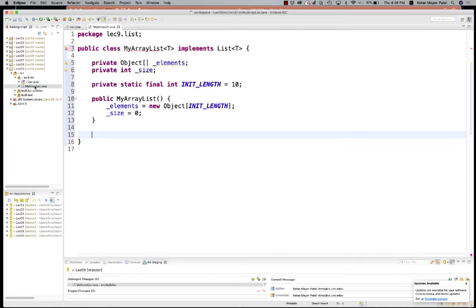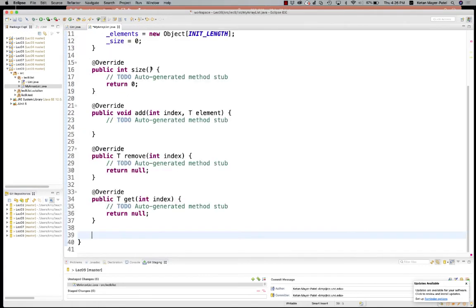And so the cool thing is that if I just hover over the red squiggly line, one of the quick fixes that comes up is add unimplemented methods. And if you select that, Eclipse does a lot of work for you. It automatically generates all of the methods that you still need to provide, but they don't really do anything, right? I mean, they're kind of stubs. They're fake. And now it's on you to go through and find all these to-dos and replace that code with the stuff that